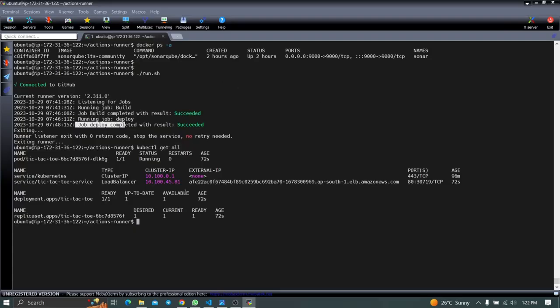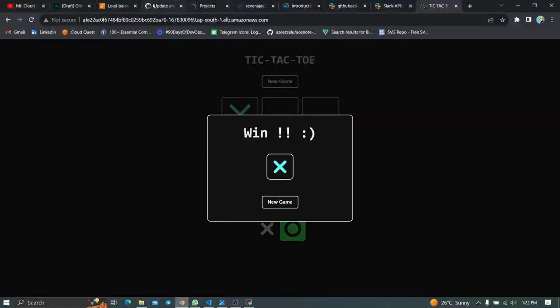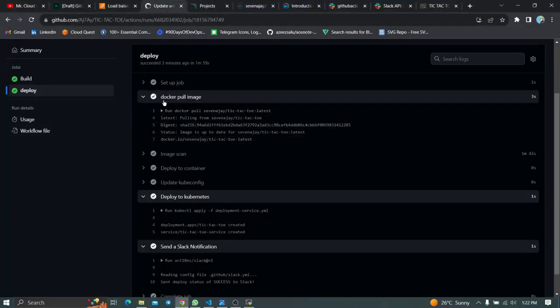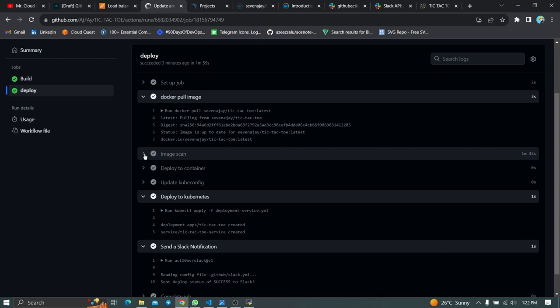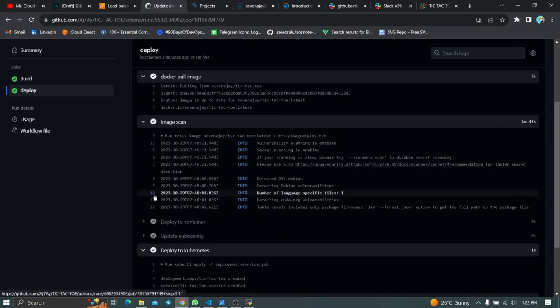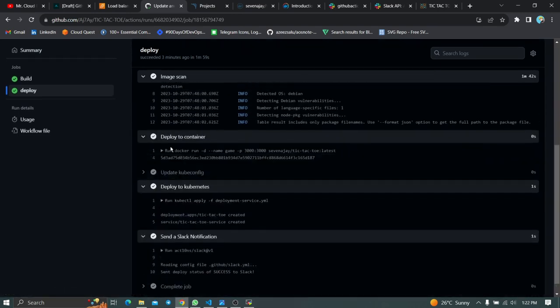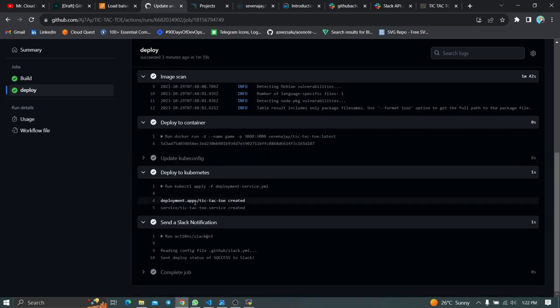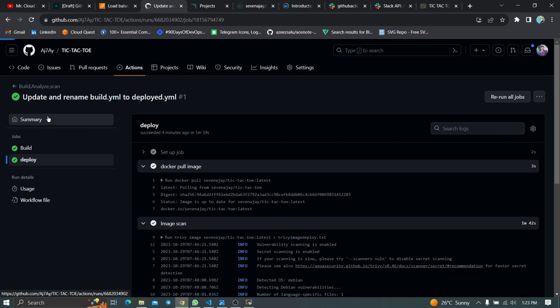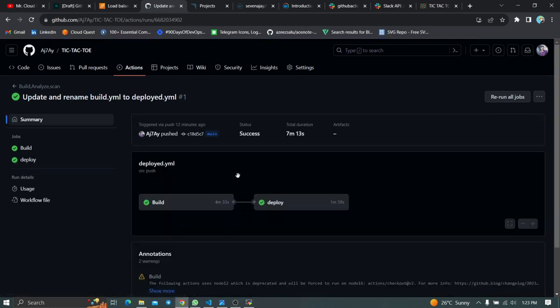job is completed. Okay, and go here and let's see the update.yml, and you can see Docker pull image is done, image scan is done. Okay, so deploy to container, and you can see this one also. Okay, deploy to Kubernetes, Slack notification, so everything is done. Okay, so if you go back to summary, and you can see the time also, it's taken 7 minutes to complete the